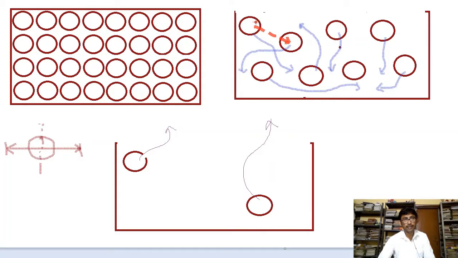These two particles are attracting each other, but the attraction is not as strong as in the case of solids. Hence, the particles are not bound to their mean positions and are free to move within the volume of